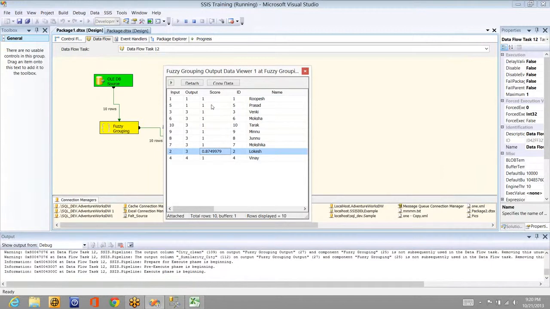All the records having Tirupat are 100% similar, but this is 0.87499979. So it gives a hint: is it a spelling mistake or something like that, if you want to capture that kind of information, or is it a duplicate record?